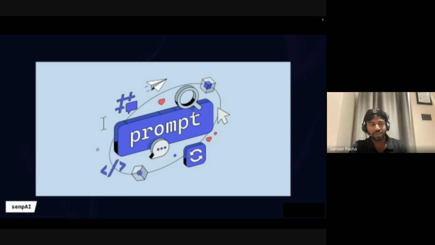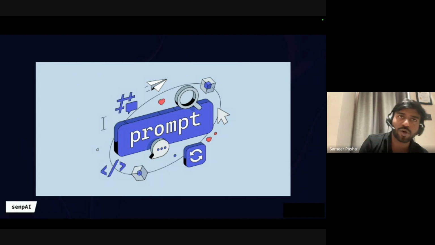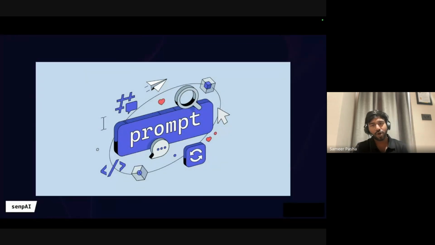Now let's look at the most important part of dealing with LLMs day in, day out: prompt. I'm sure all of you must have been using GPT multiple times a day, if I'm not wrong, for work purposes and also for any task, automating tasks, or getting any piece of information. So basically, let's look at what the different types of prompts are, how prompting has evolved over time, and what needs to be taken into consideration when you're writing a prompt.